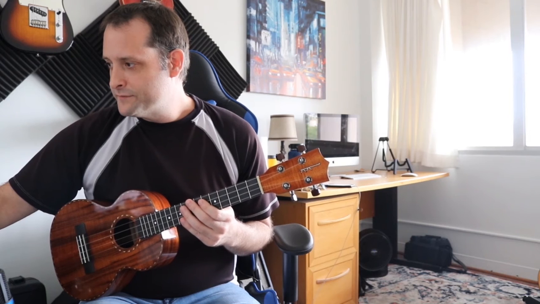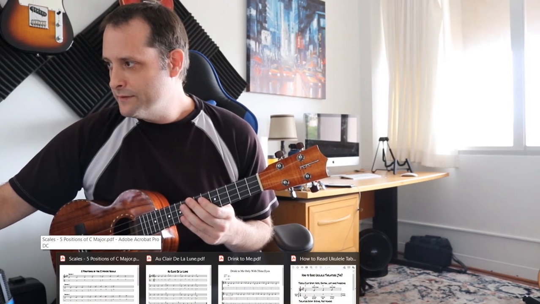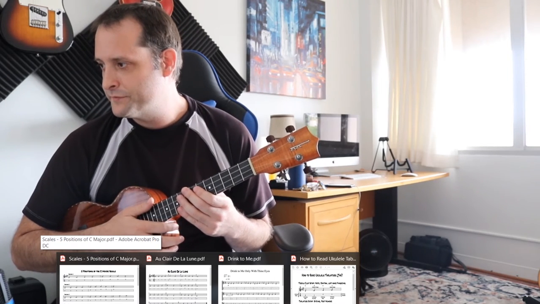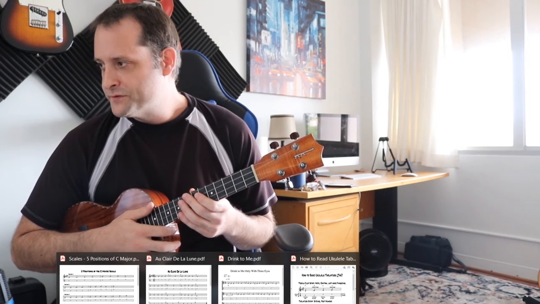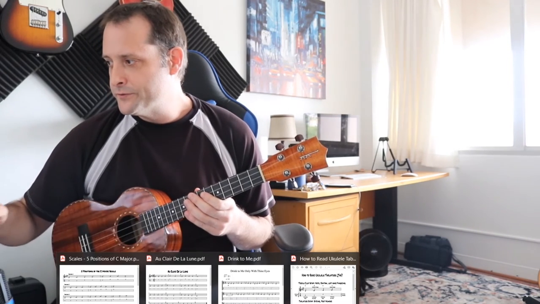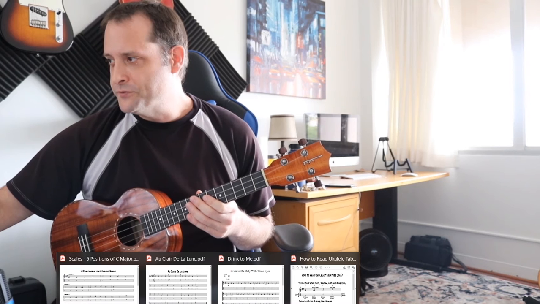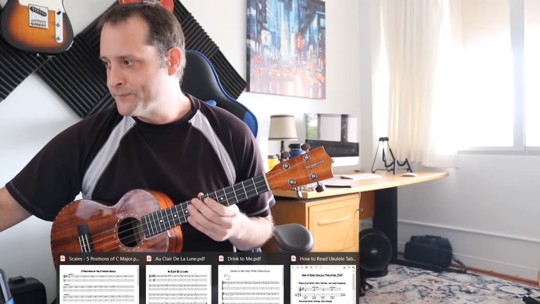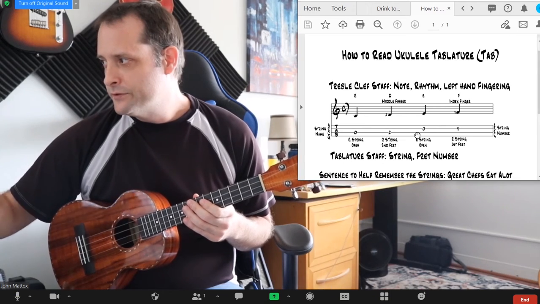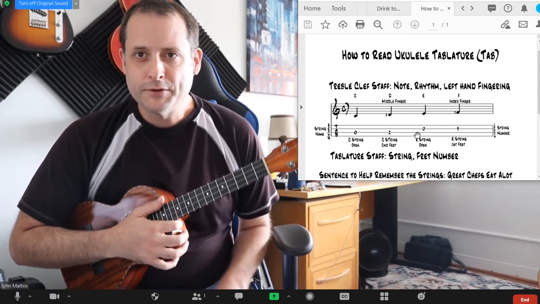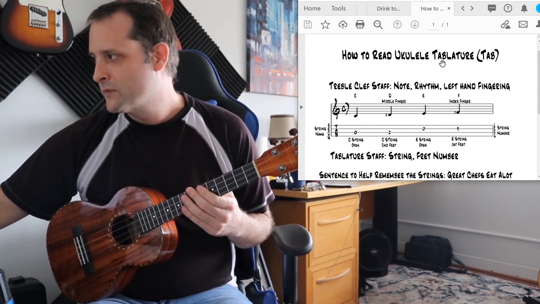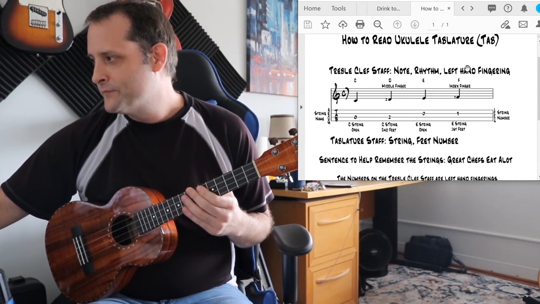The documents you should get out for this lesson are first, how to read ukulele tabs, 5 positions of the C major scale, Au Clair de la Lune, and Drink to Me Only with Thine Eyes. Okay, let's take a look first at how to read ukulele tab, which is short for the word tablature. Okay, and the way it works is